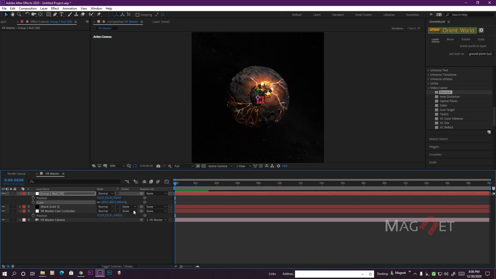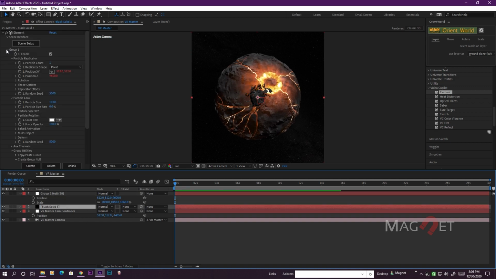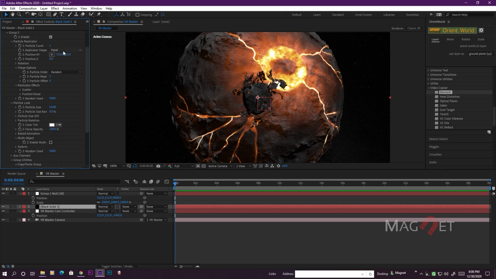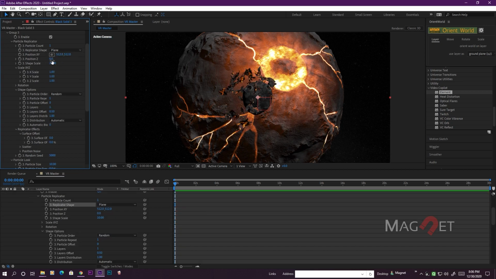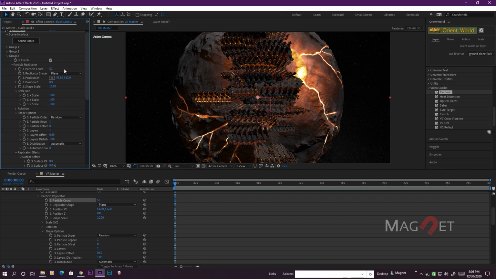Okay, so we place our planet far away from us, and also increase its scale. Now we go to change the settings for the debris. Our debris is placed in group number 3. First we change the replicator shape from point to plane, and increase the count like this,